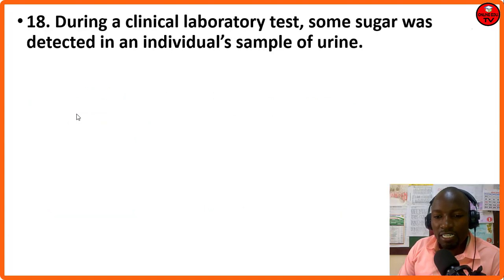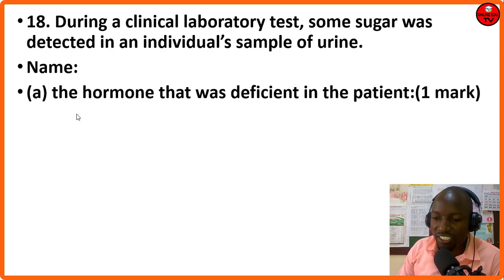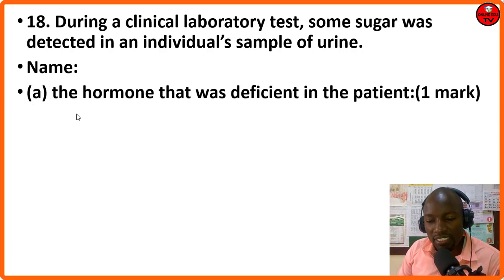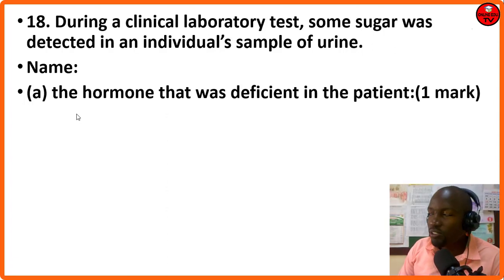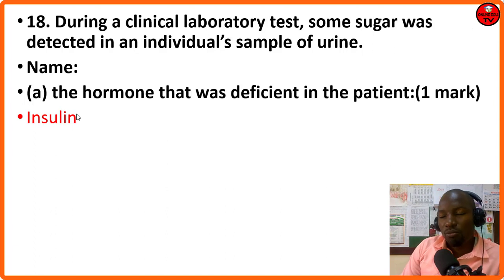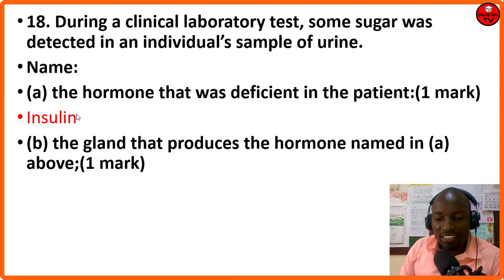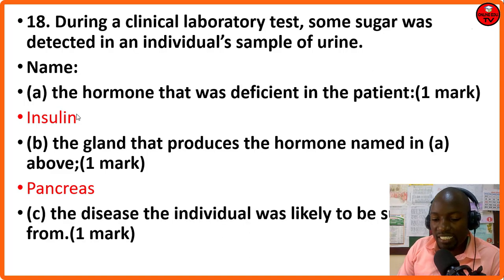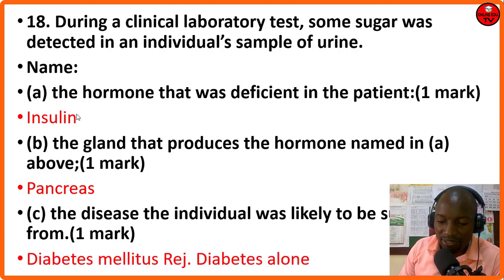During a clinical laboratory test, some sugar was detected in an individual's sample of urine. Question: name the hormone that was deficient in the patient. Why was the sugar passing into urine? Which hormone was insufficient? Insulin. Because hormone insulin is supposed to convert excess sugar to glycogen for storage. Now, the gland that produces the hormone named above, and this is pancreas. Pancreas produces insulin. The disease the individual was likely to be suffering from, that is diabetes mellitus, but we reject